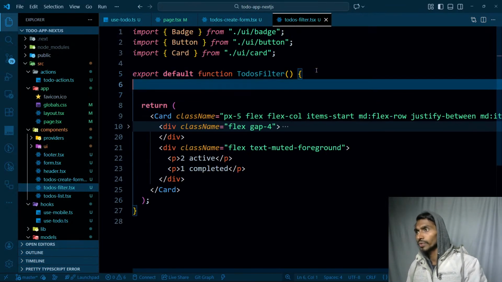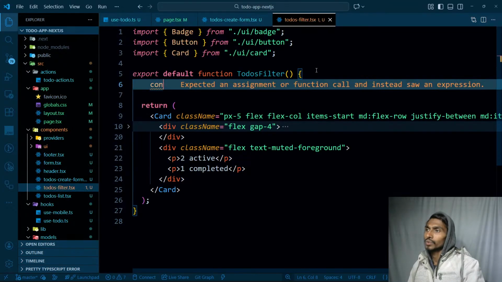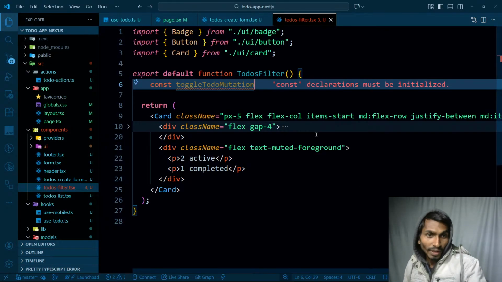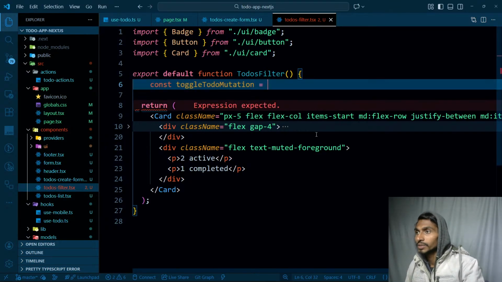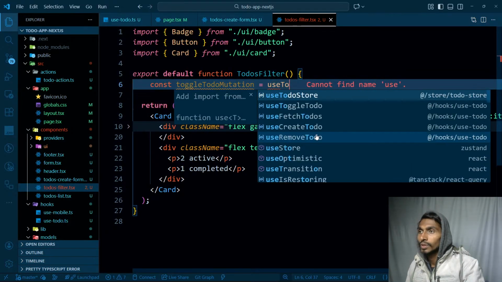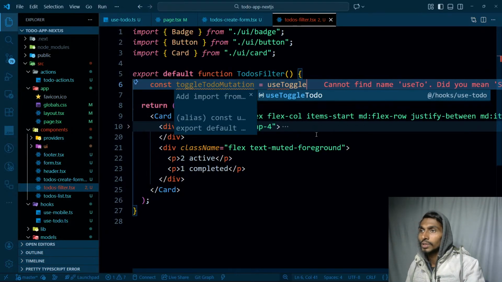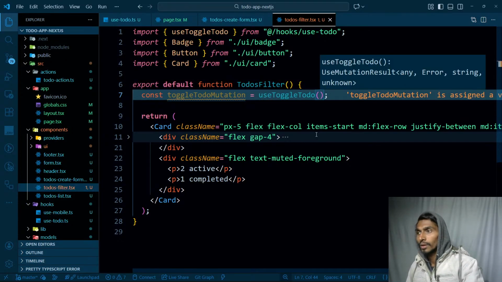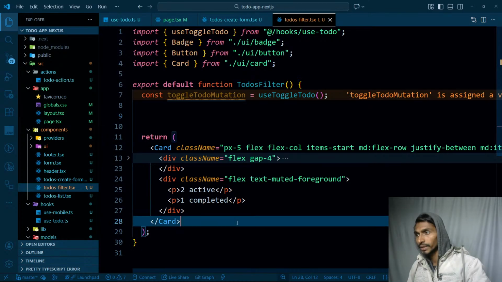So for changing the to-do filter, I will be using the hook, and that hook is going to be what? Toggle to-do mutation. I don't have a lot of time. Let's get it done as much as possible today. Use toggle to-do. Okay, once I have this, what will I be doing? Once I have this, the next thing is that as soon as I click on this,